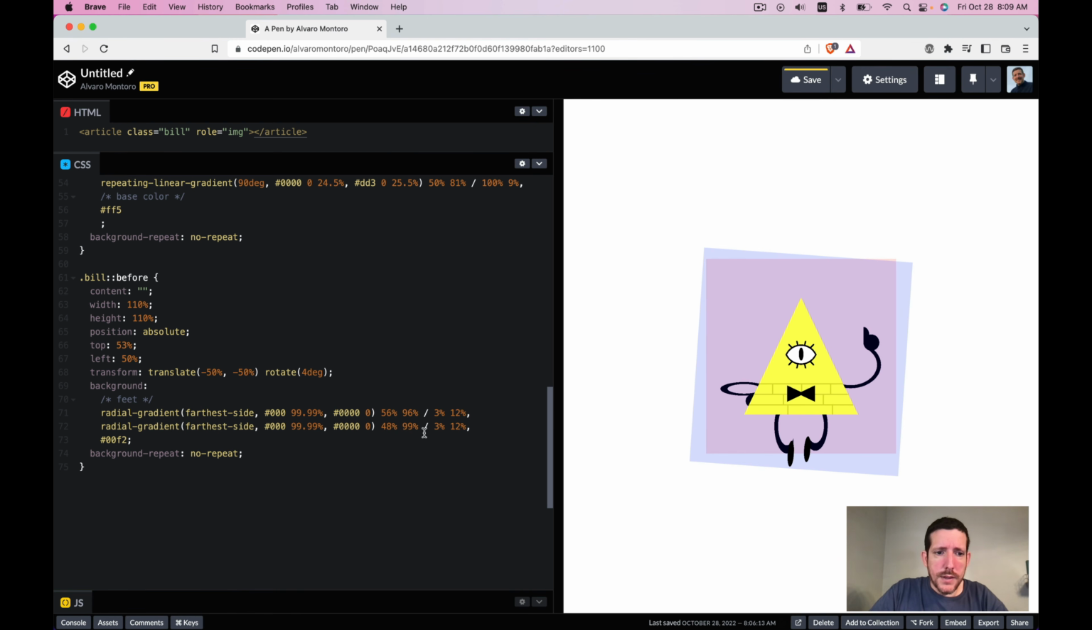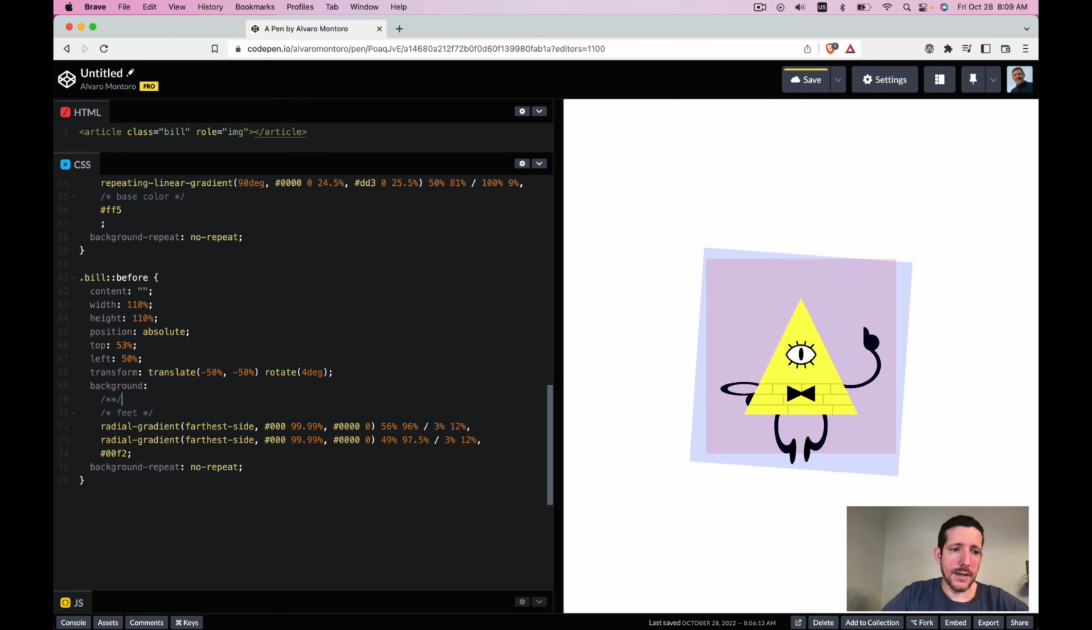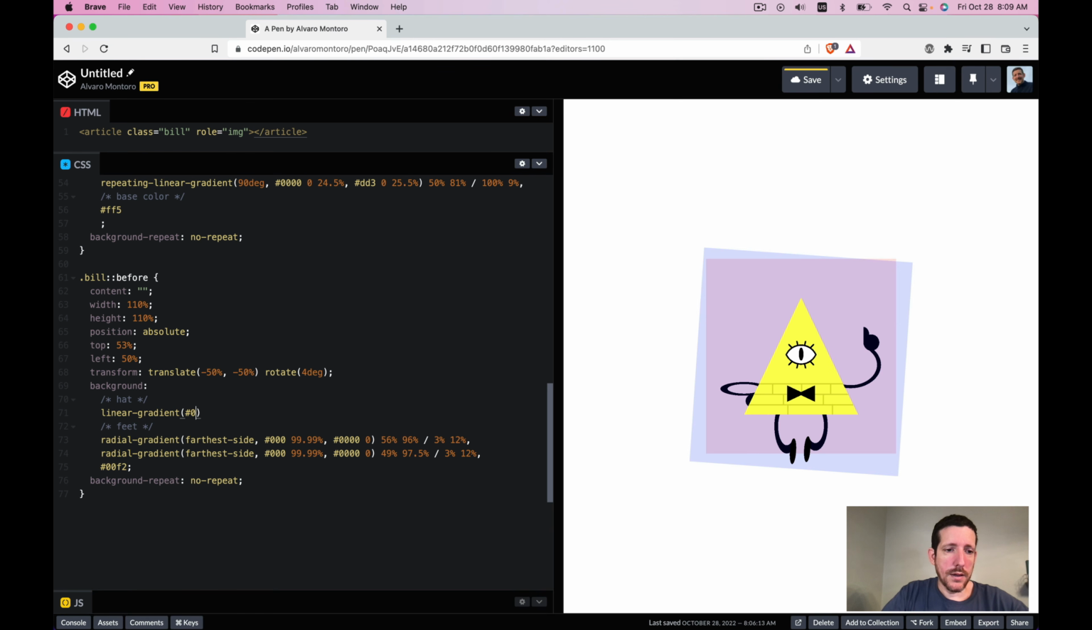And then this one, the only thing is that I don't want it to look symmetrical, so 49. Okay, and 97, 98, 97.5. Okay, that's it. So we have the feet, the arms. The only thing that we're missing is the hat. So for the hat, let's come here, and that's going to be an easy one because it's going to be just 2 linear gradients. So let's say linear gradient, that is going to be black, and it's going to be